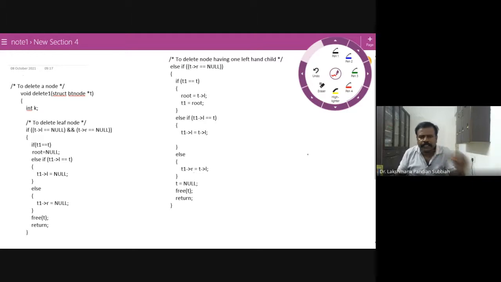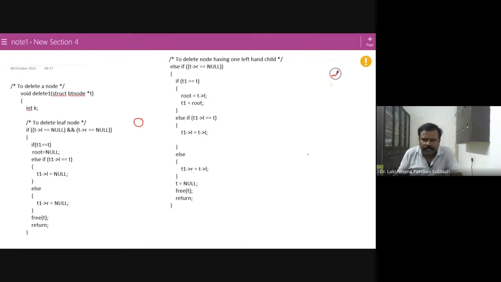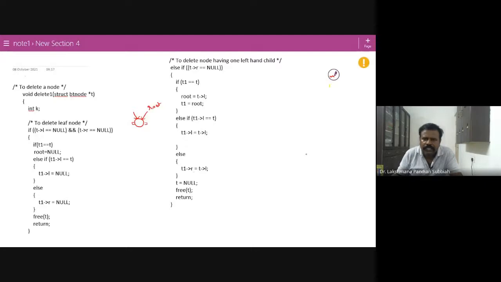Here one possibility is that the node to be deleted has neither a left child nor a right child. This is one case. Then here we are having three cases for this one, right? So there is no parent. Suppose you are saying that, then what will happen here? The root node itself is a leaf node, and that node doesn't have any children. What that means is the tree is having a single node, right?